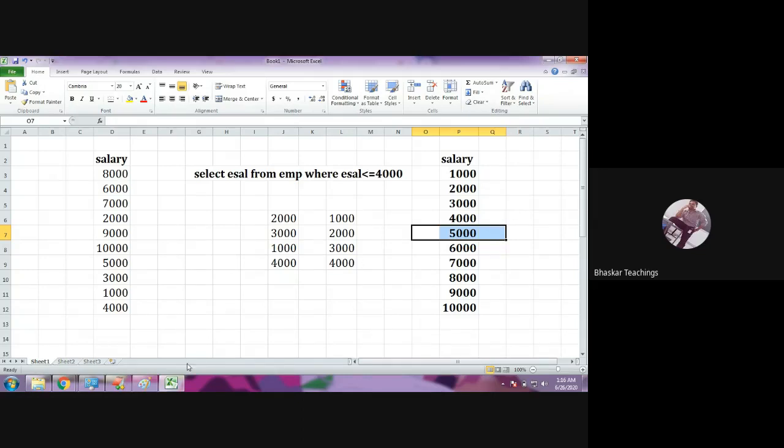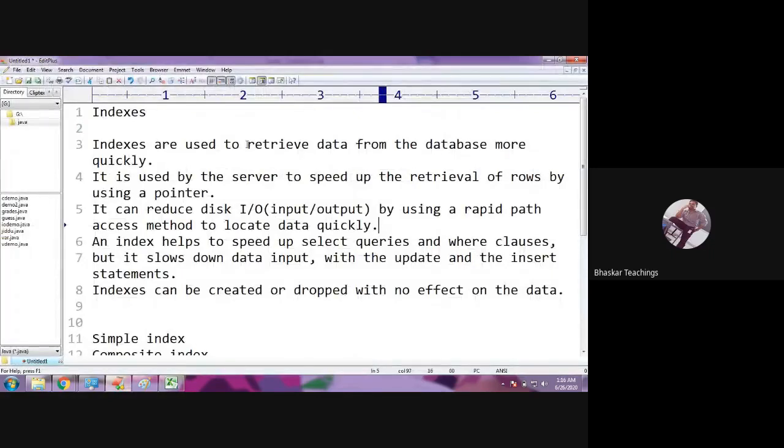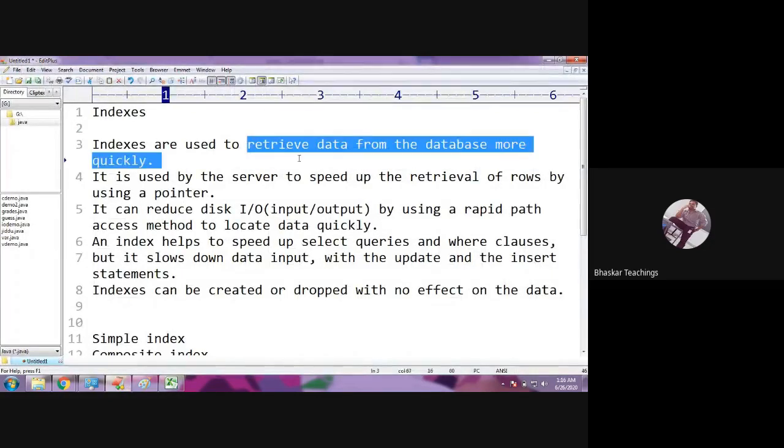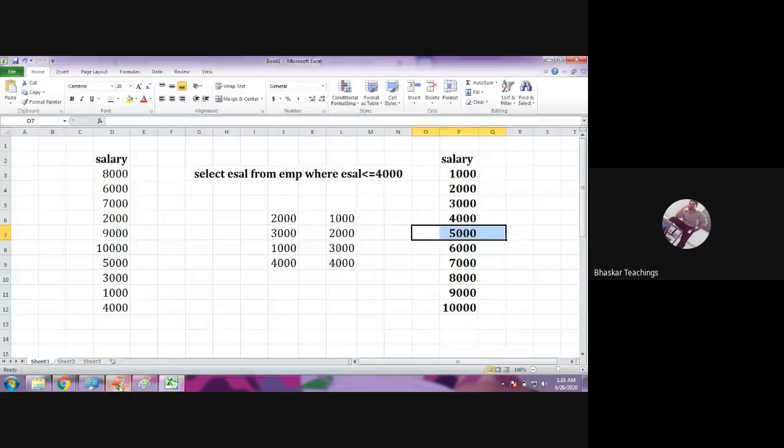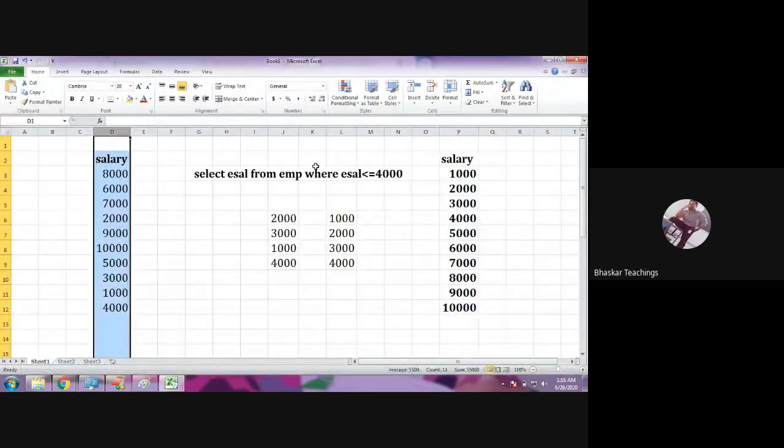As it is written here, indexes retrieve data from the database more quickly. When users are querying such data and there is no index, it would take more time to retrieve the data because it requires comparing all the records for salaries or marks or percentages or price, or population, anything.